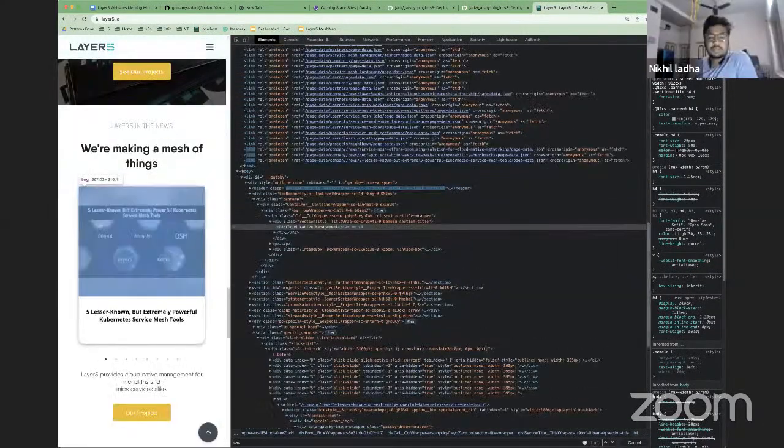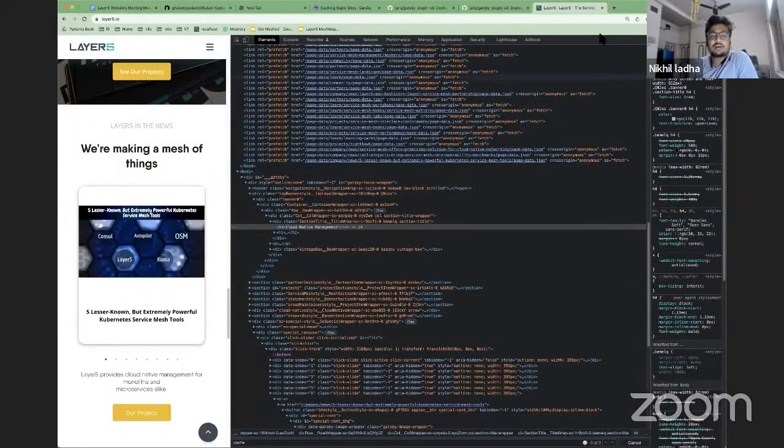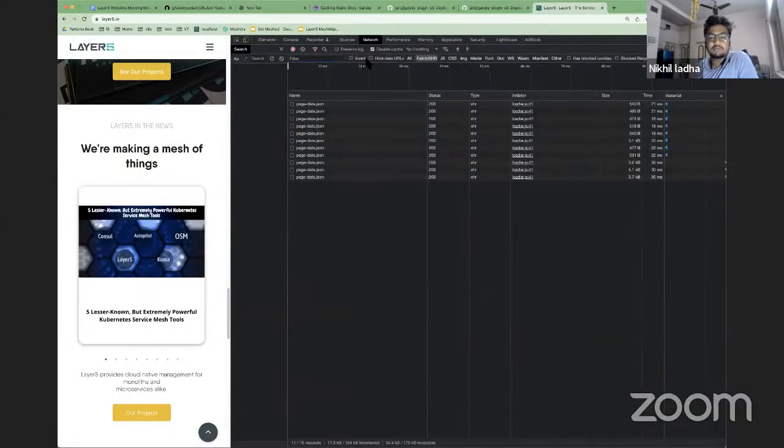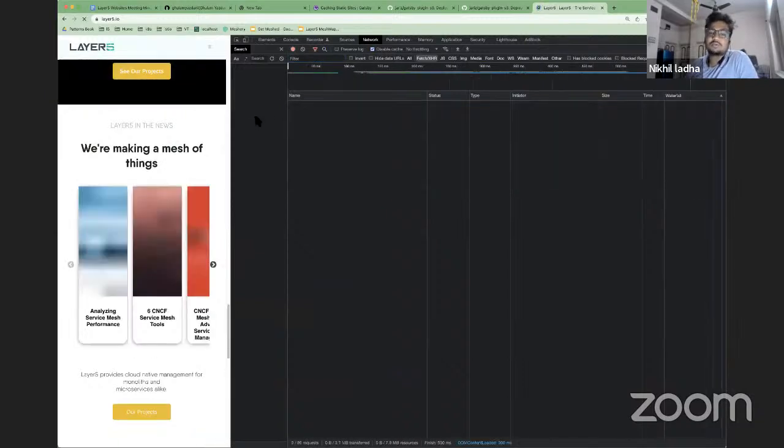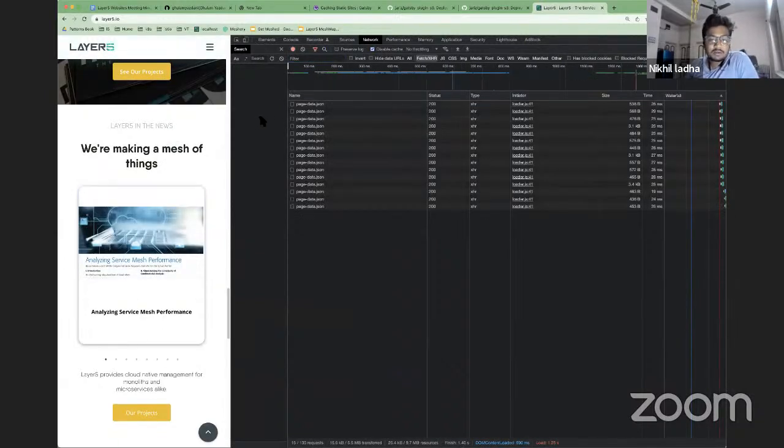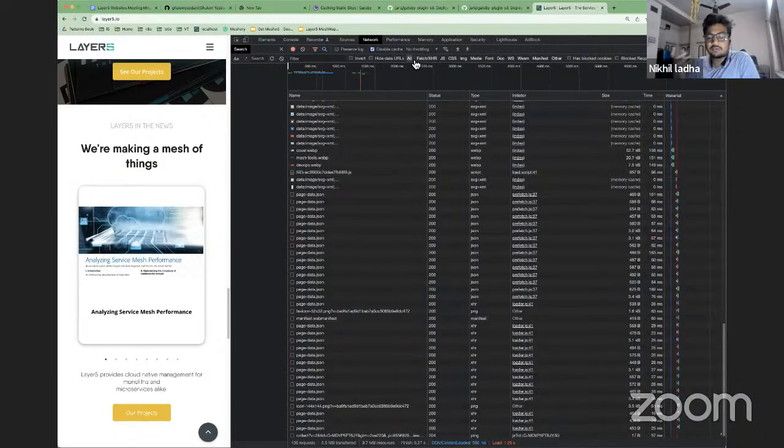So for a particular cache control, you could get it from the network tab. If you go to the network tab and go to a particular file which is fetched, just reload the page. Select one of these images also.